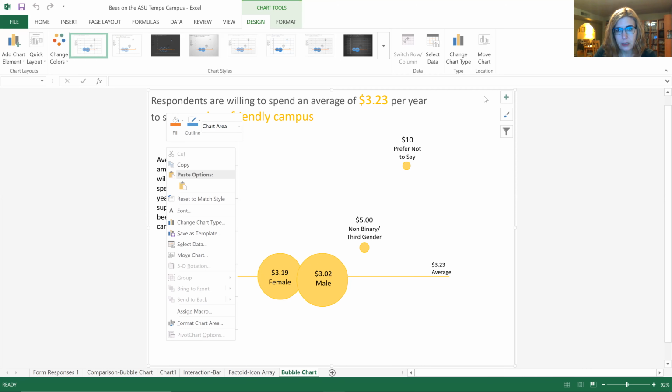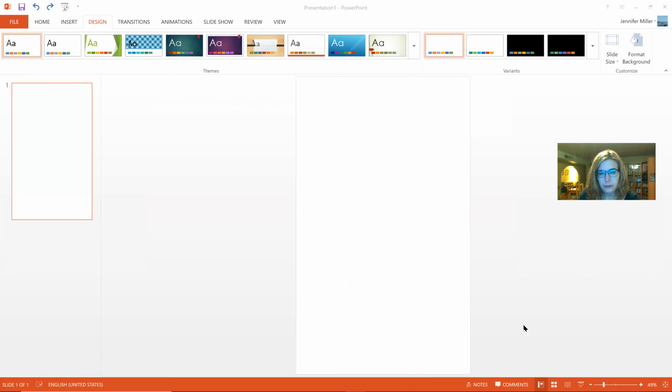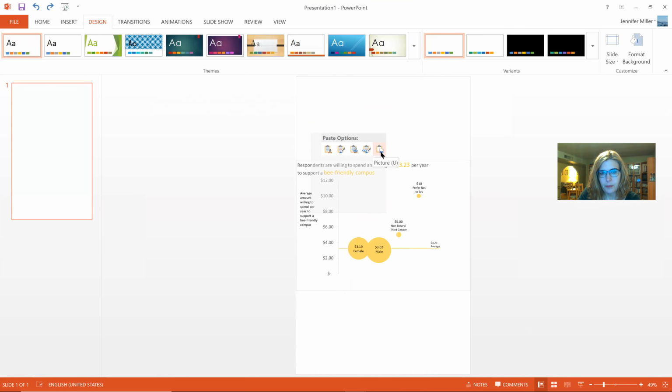Again, I can still copy it, Control C. Then I go over to my presentation, making sure I'm on the right screen. Instead of just Control V pasting, I'm going to right click and paste it as a picture. So if you select picture from that menu,